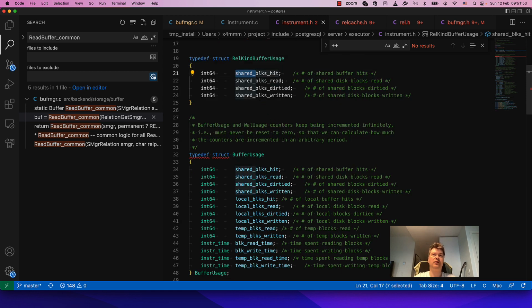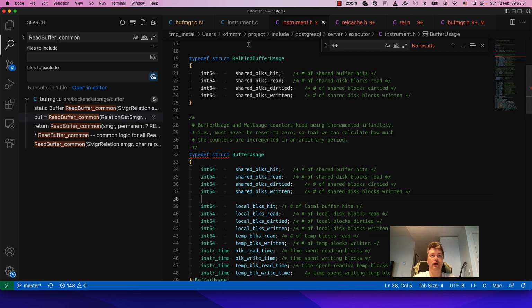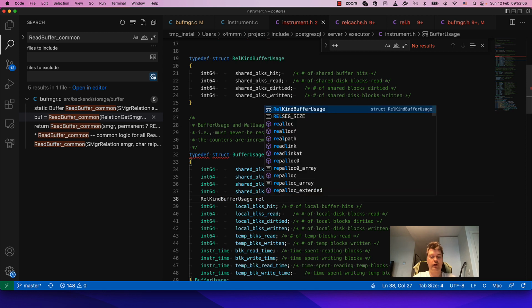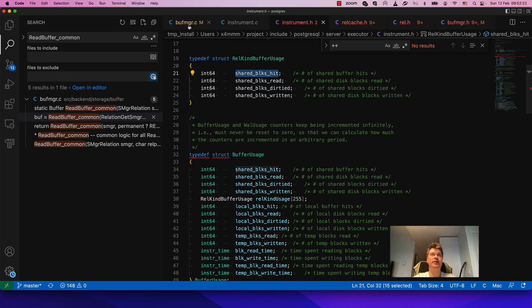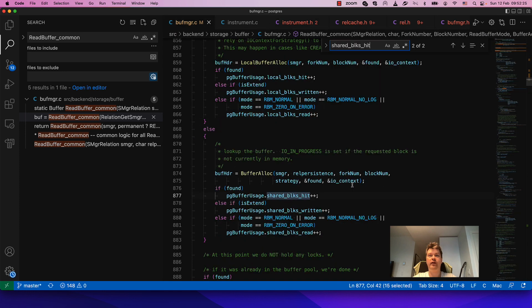and we can avoid the local ones and share it. Okay, let's keep it shared and have it be RelKind usage. So now we have two huge dictionaries from a character to 4 bytes, and let's see how they are used within buffer manager. Whenever we do something with the shared statistics, we have to do the same with our RelKind dictionary too,